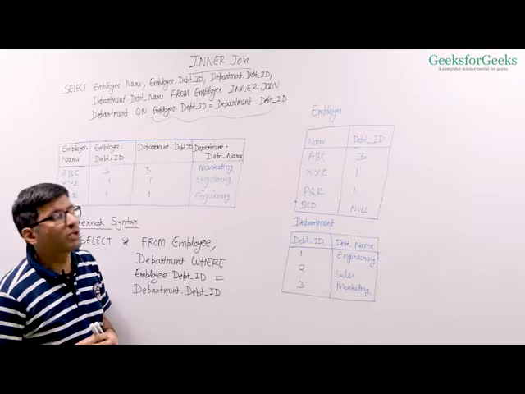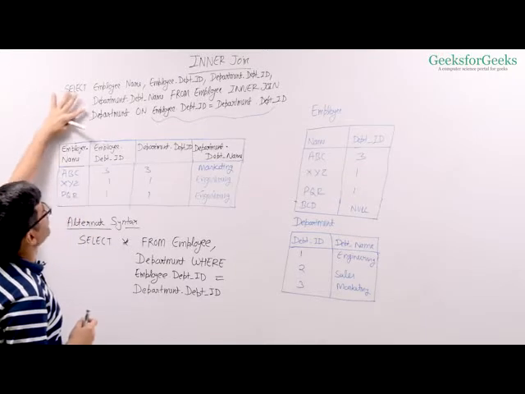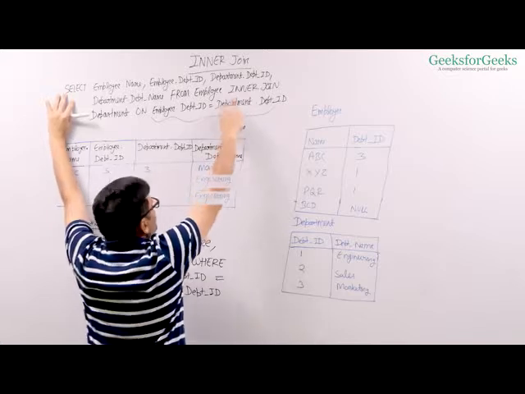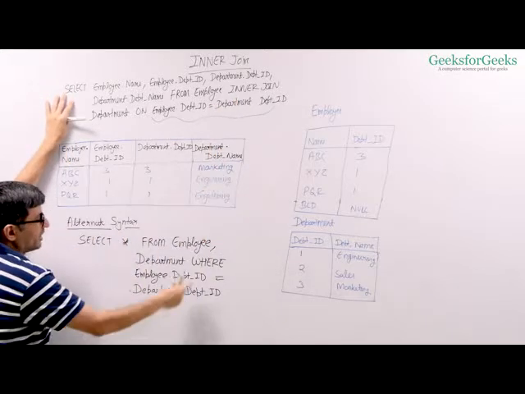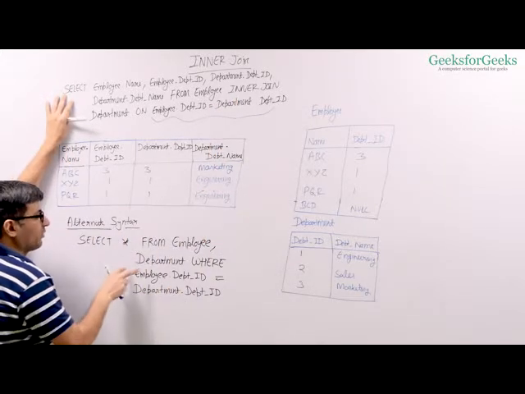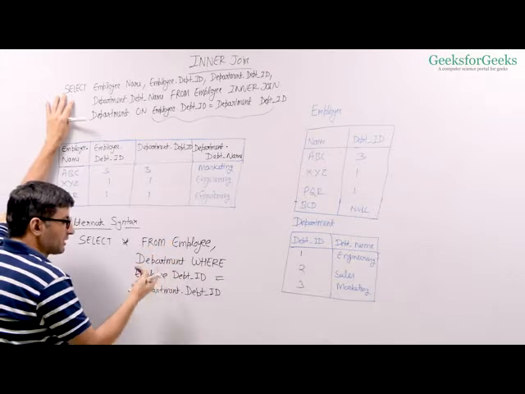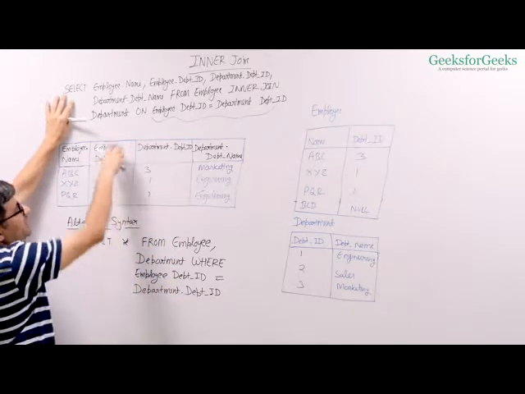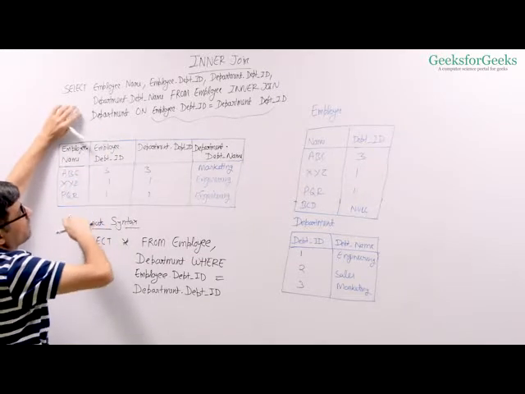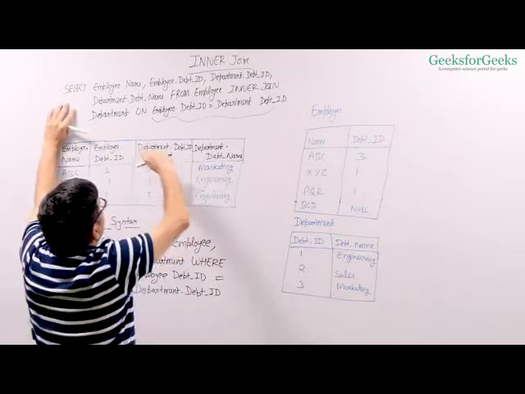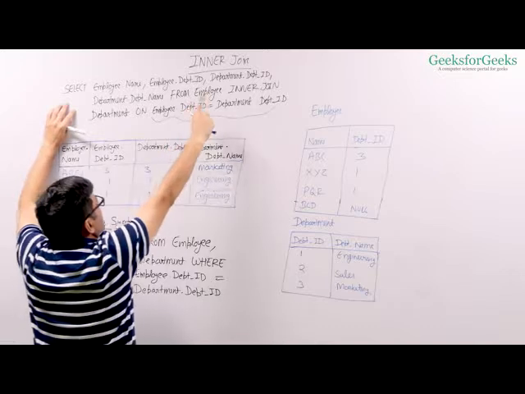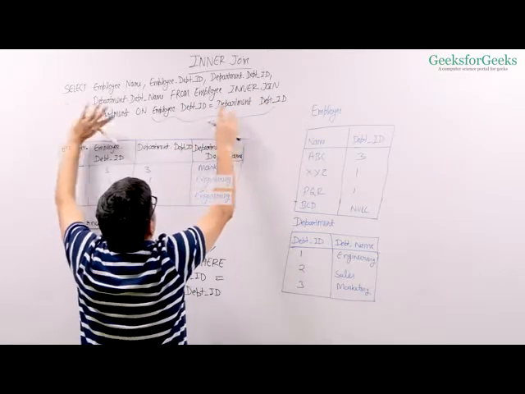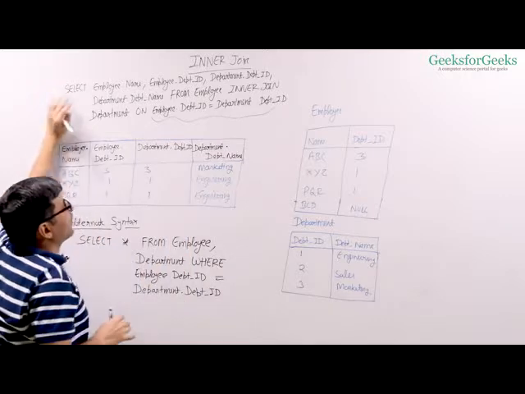There are 2 ways to write inner join. It's always recommended to use the proper join keyword rather than using this implicit SQL syntax where we just put 2 table names and put a where condition. This produces the same result as the above query, but this is more recommended, more readable. So when you say inner join keyword, and you put a condition, that makes it an inner join.